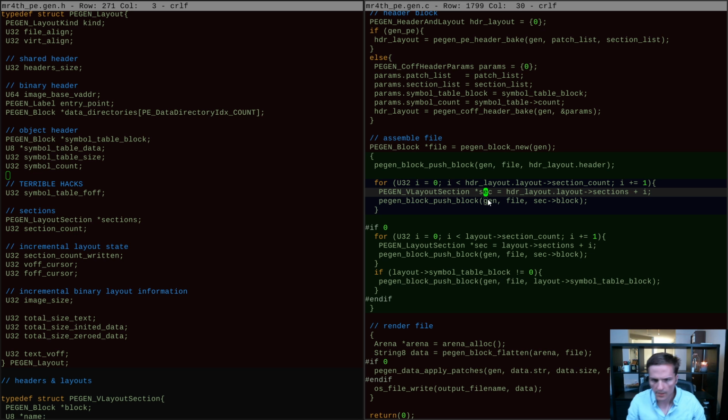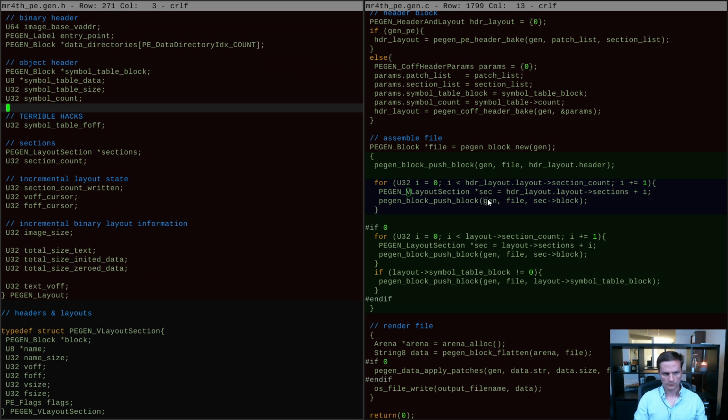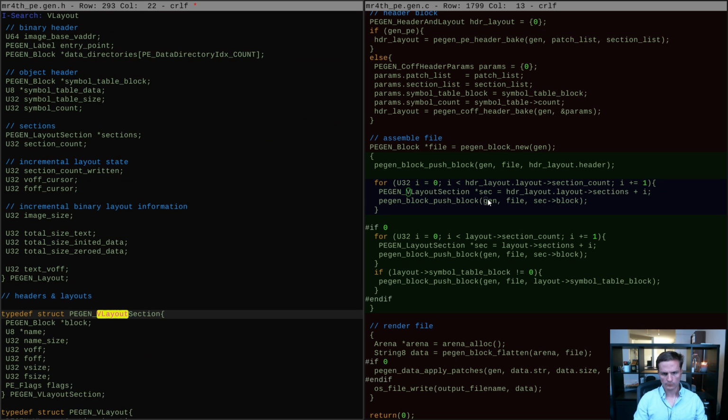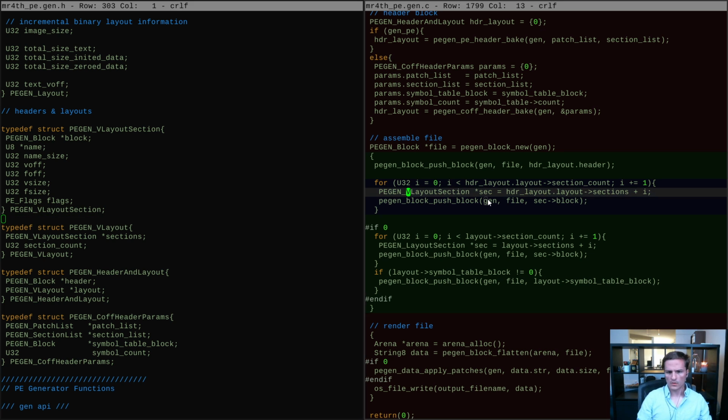But the section here does in fact know that important information about where things are supposed to go. So what I think I'm going to do is